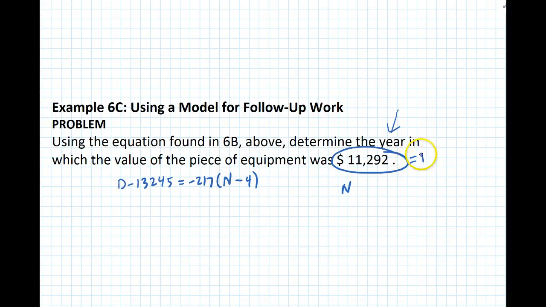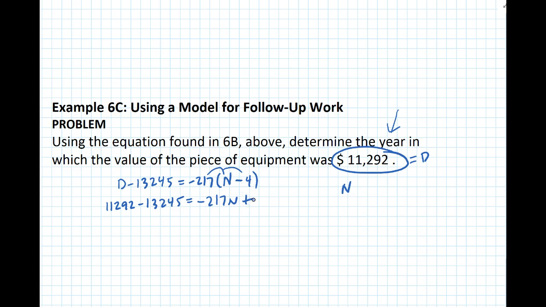So here's d. Plug this in. This is going to be 11,292 minus 13,245 equals, we're going to distribute here and get negative 217n